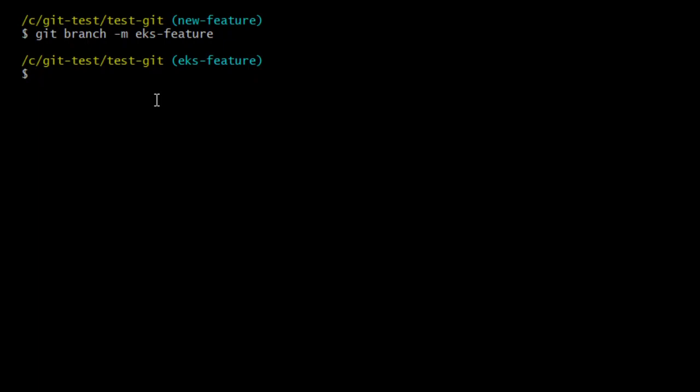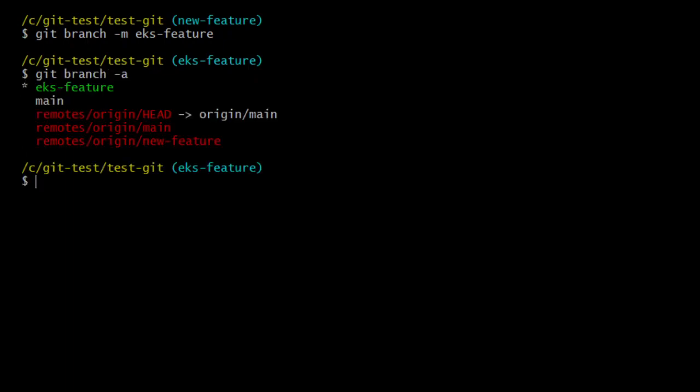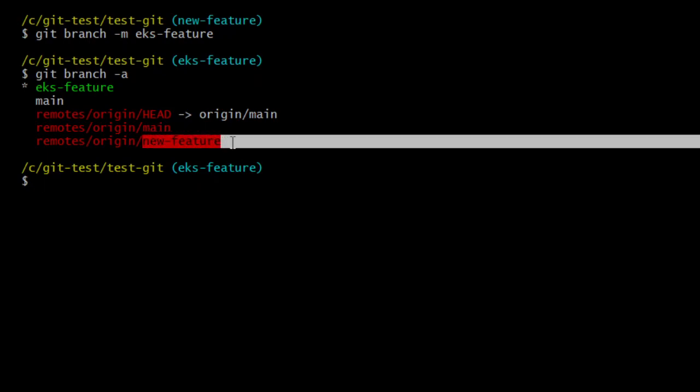Now, as we know, the changes will not go to our remote, so we can see it with the git branch -a command. You can see the new feature is still here.